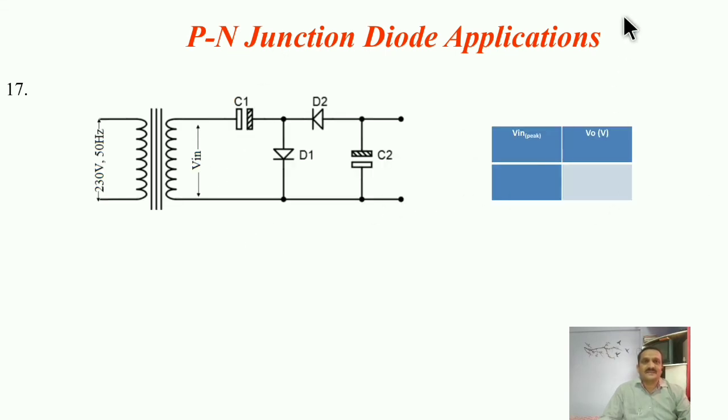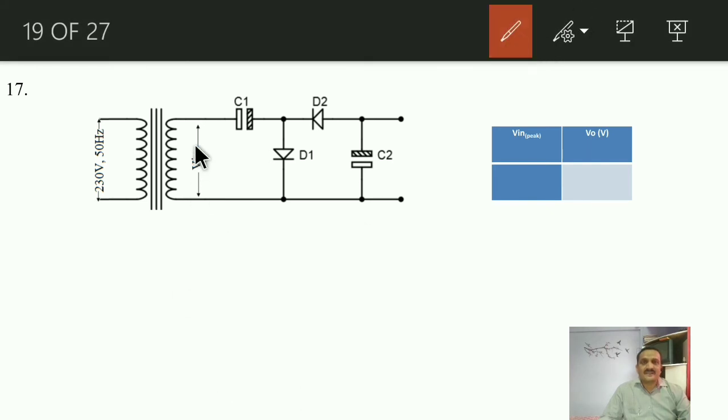This is nothing but a voltage multiplier. During the positive half of the input, diode D1 will conduct. This capacitor will charge with the polarity plus and minus, equal to Vm, like this. During the negative half of the input, diode D1 will turn off because it will act as reverse bias. During the first positive half, diode D2 will be reversed, so no current will flow over here. Current will flow through diode D1 only because it is forward bias.